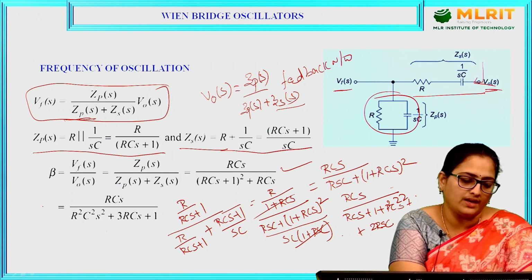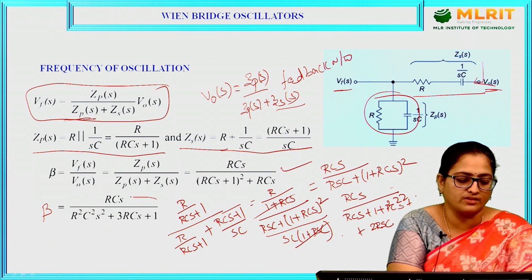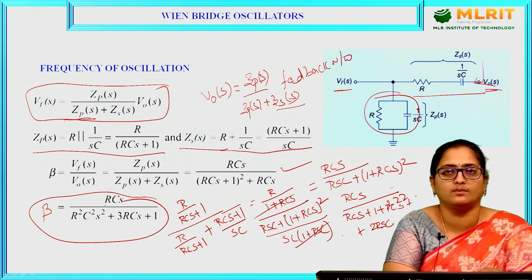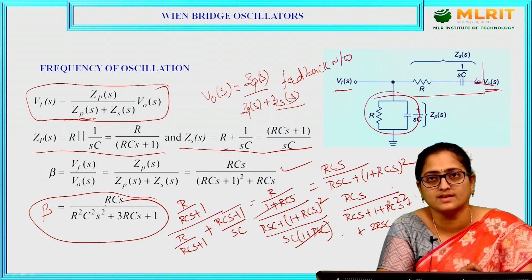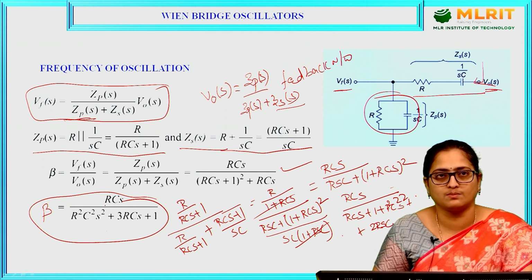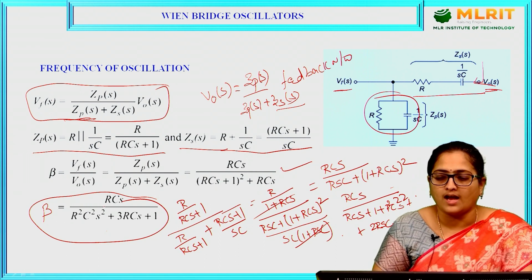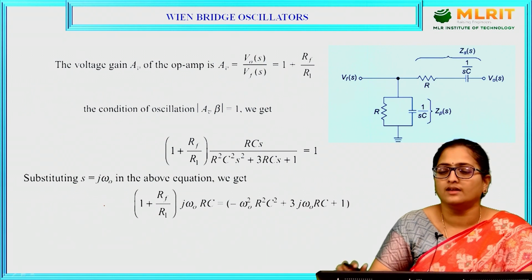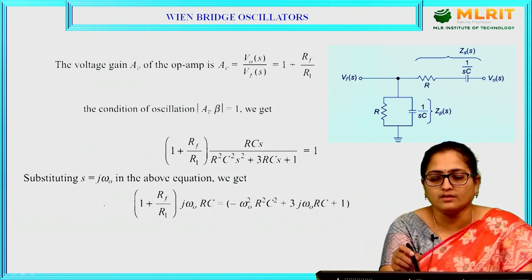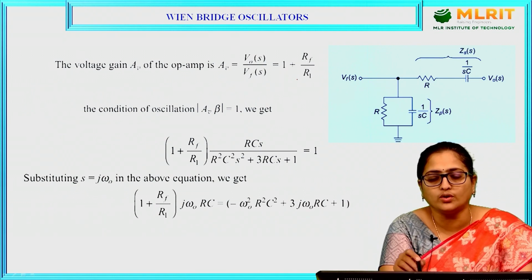So finally, the feedback network is given as RCS divided by R square C square S square plus 3 RCS plus 1. And as we already discussed, as we are connecting the input terminal to a non-inverting terminal,